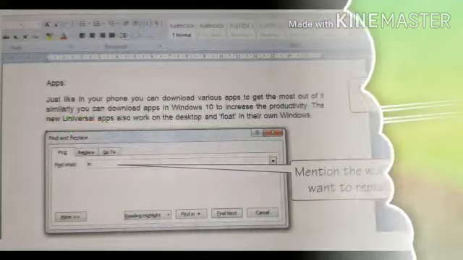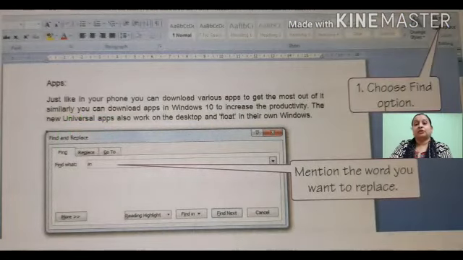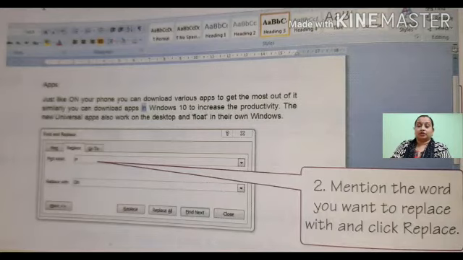Find and replace. See the steps to set the find and replace. So first of all, let's see how to find a text. First click on the home tab, and in the home ribbon, in the right side corner, we'll find the find button. So we'll click on the find button, and the find and replace dialog box will appear. We can click on the find what box and write the word or the text which we want to find.